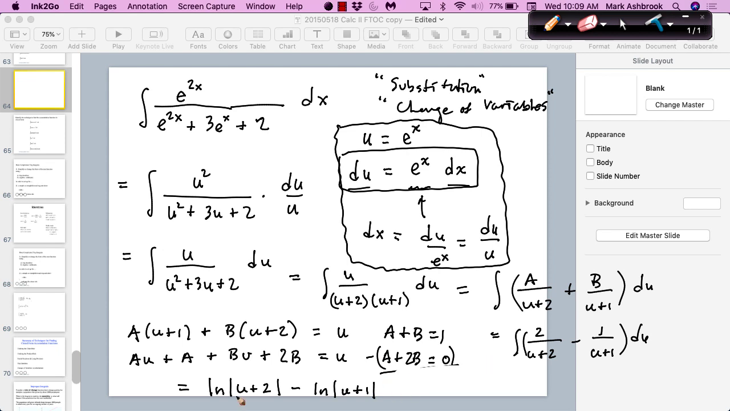Are we done? Why not? Our problem was in terms of x. So I have the antiderivative, the closed form, but in terms of u. Once I've done the step of getting the closed form in terms of u, then I get the closed form in terms of x, which will be natural log of e to the x plus 2, minus